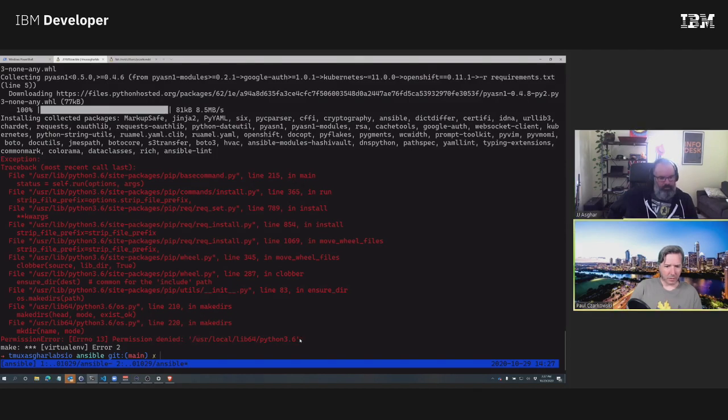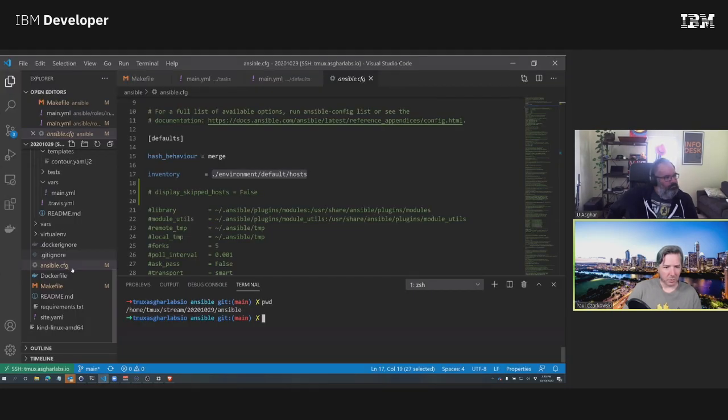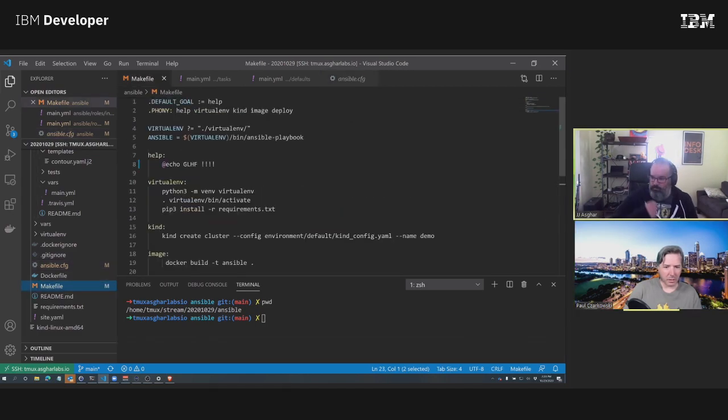What is it trying to do? Let's have a look at my Makefile. I'm sure this worked locally for me, so this might be an Ubuntu versus Linux thing.